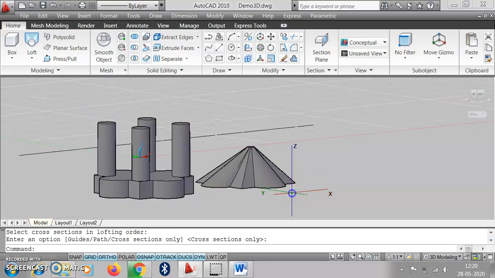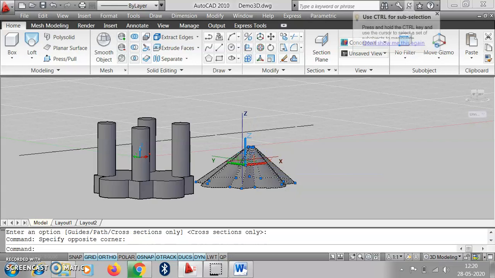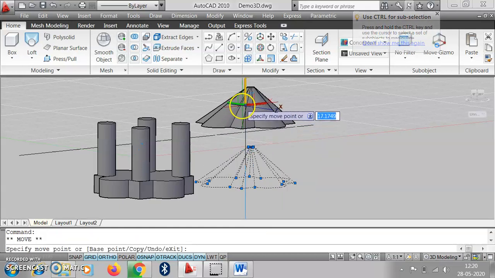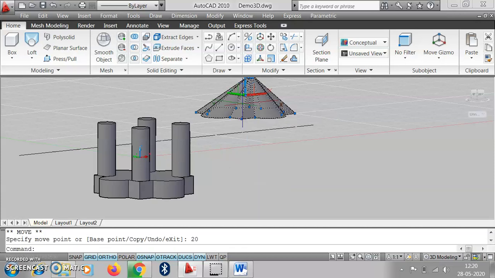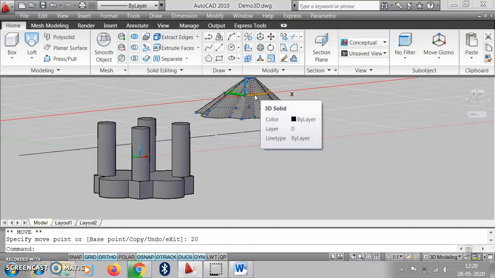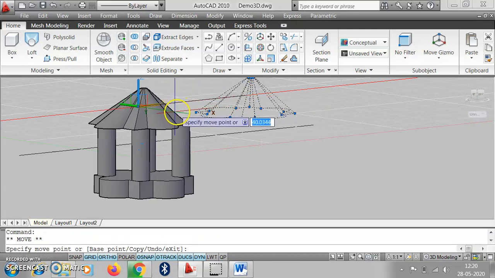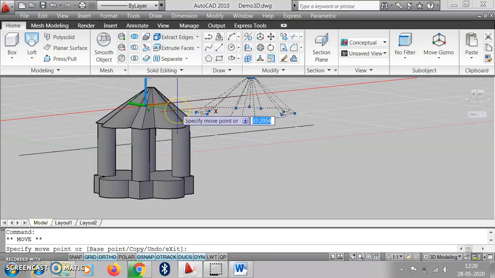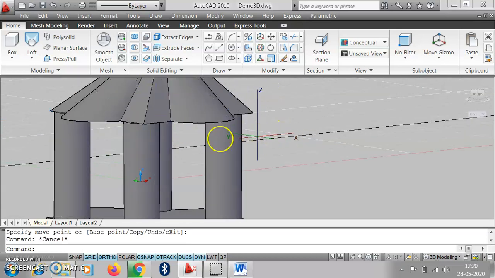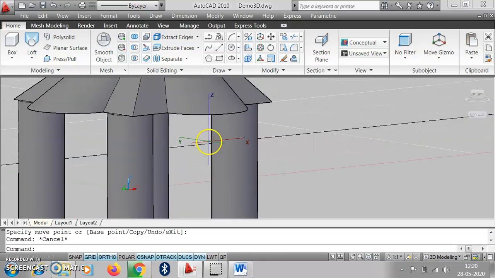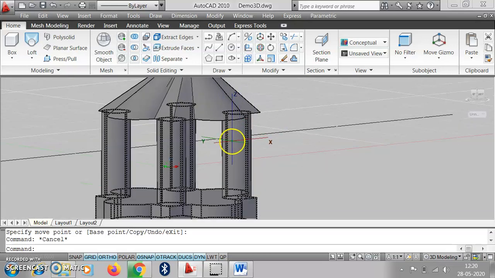Then we have to shift this portion upward. Using the gizmo we can shift it up to 20, enter, and then shift this again here to match these columns. In this way we can make different shapes.